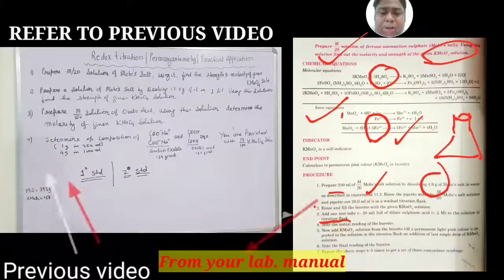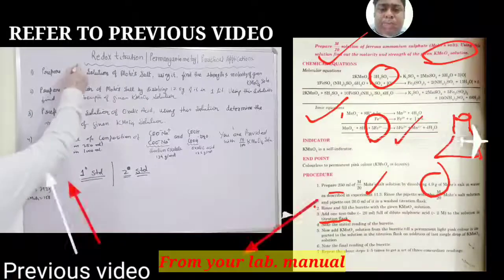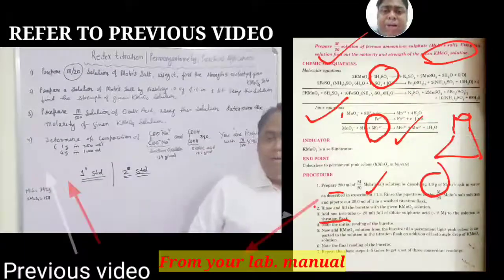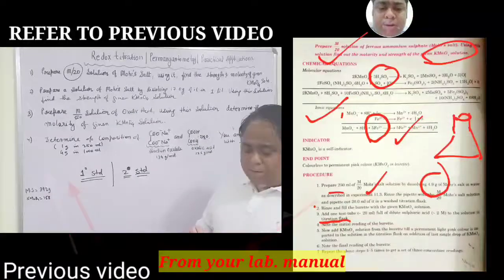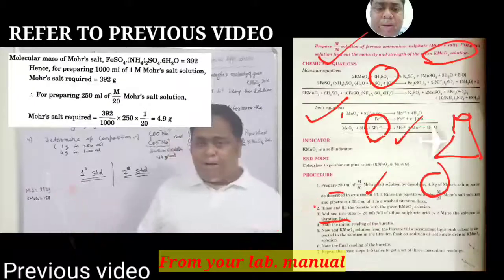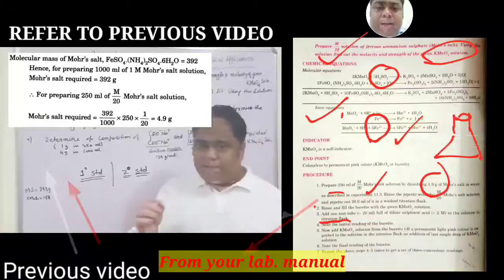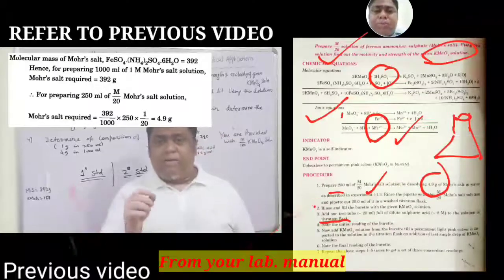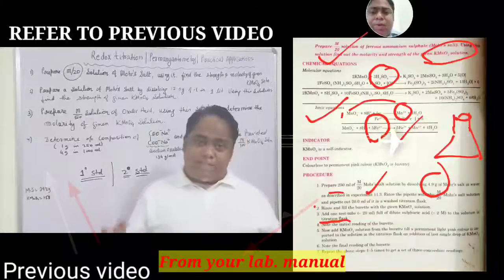after adding acid to the conical flask or titration flask, we allow the KMnO4 solution to fall into the ferrous sulfate solution or ferrous ammonium sulfate solution or Mohr's salt or the solution containing Fe2+ salt. And what happens? MnO4 minus reduces to MnSO4, which has +2 oxidation state. So here reduction takes place from +7 to +2,